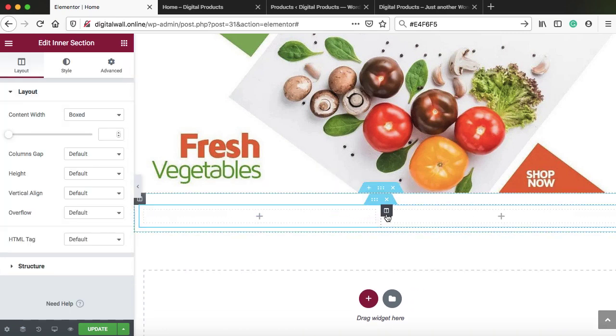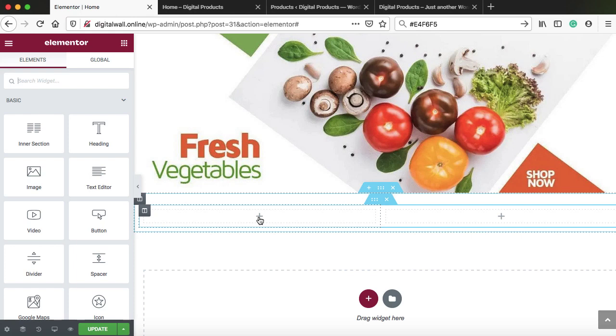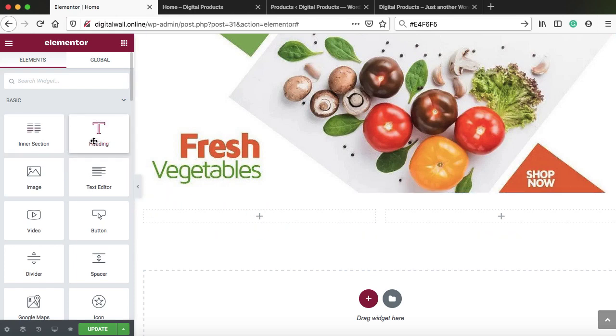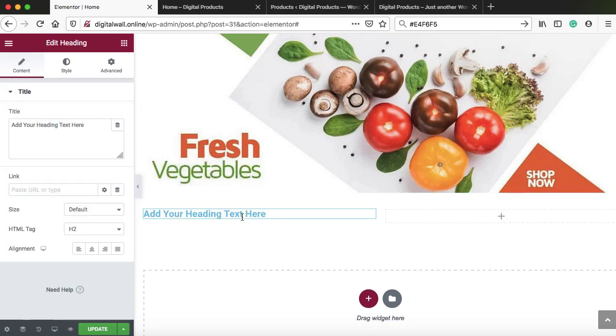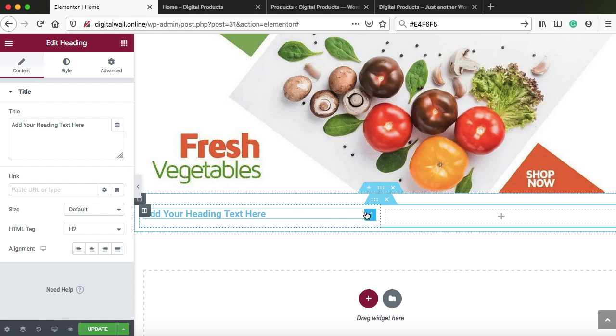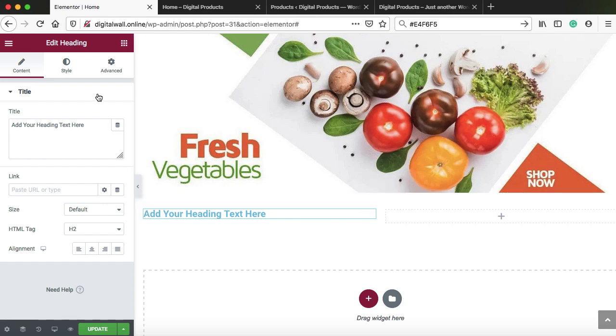This section is automatically divided into two columns, as you can see over here. So in the first column, we are going to put a heading. So this is the heading widget. Once you click on this plus, these elements automatically appear. So just drop this heading widget inside the first column. Now once you hover on this heading and click on this pencil icon, on the left hand side, the settings of that specific widget open. So here you can see under the content tab, there is a title box where you can type anything over here. Let's say,